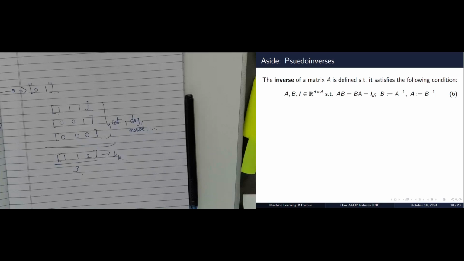The inverse of a matrix traditionally is just defined as this, right? I think everyone is comfortable with this, but if not, I can discuss it further. So we just have AB equals BA, and both of them return the identity. In this case, B becomes